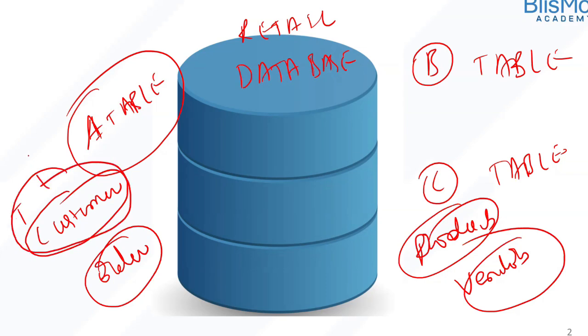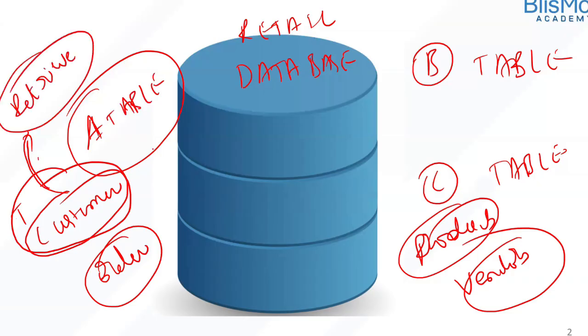Sir, whenever we need to do analysis, one way is, if you are trying to do something with the customer table and all the data which I want to analyze is there only in the customer table, I will retrieve the data from the customer table. But that is not the case always. Most of the times we need to analyze something wherein we have to use the data from two tables or more than two tables.